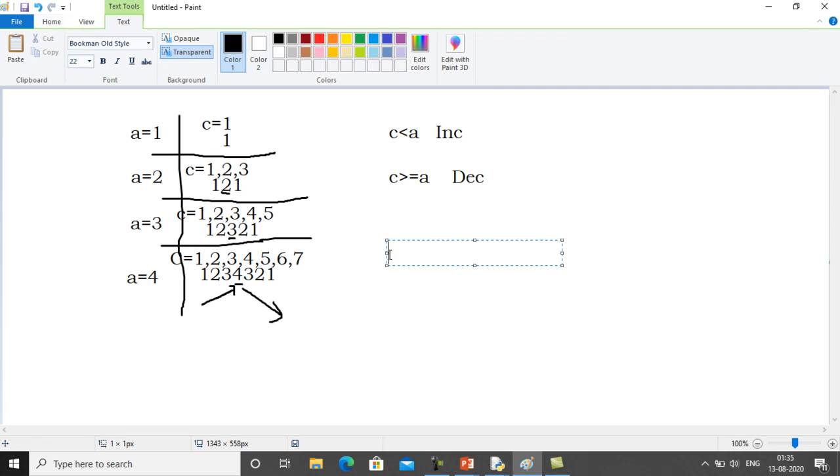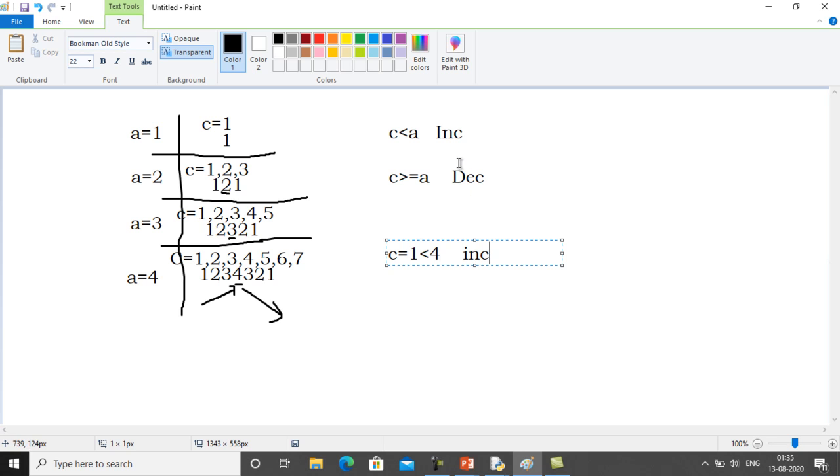तो अगर आप एक चीज़ नोटिस करो कि जिस समय c की वैल्यू 1 है वो लेस देन 4 है तो आपने इंक्रीज करा. ठीक है भाई, आप एक चीज़ नोटिस करेंगे यहाँ पे पहले x की वैल्यू 1 थी, लेकिन जब उसने चेक करा c की वैल्यू 1 है तो उसने इंक्रीज करा, x की वैल्यू को बेसिकली 2 कर दिया. जब c की वैल्यू 2 थी वो भी a से छोटी है तो इंक्रीज करा, c की वैल्यू 3 हुई वो भी छोटी है तो इंक्रीज करा. नाउ c की वैल्यू 4 हो गई, a के बराबर हो गई, तो देखो अगला नंबर डिक्रीज हो गया. c की वैल्यू 5 a से बढ़ गई तो और डिक्रीज हो गया, c की वैल्यू 6, तो बेसिकली डिक्रीज होता जा रहा है यहाँ पे. ठीक है,